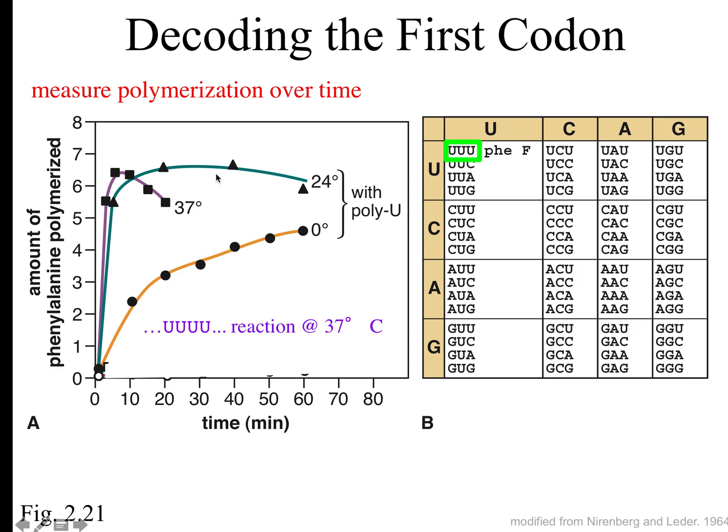Like 27 and 30, or 37 and 24 had similar effects, but at 37 degrees, a protein made from this poly-U would degrade over time, so they couldn't see it after 20 minutes. But the rate at which it was made was pretty similar to 24. So 37 degrees C is your body temperature, and that's why they chose 37 degrees C. Okay, so when they do that,